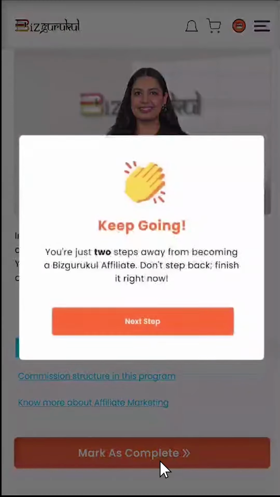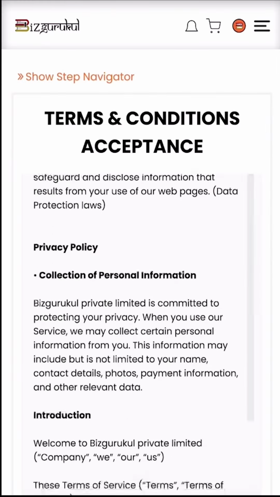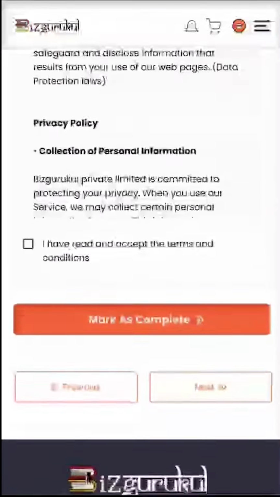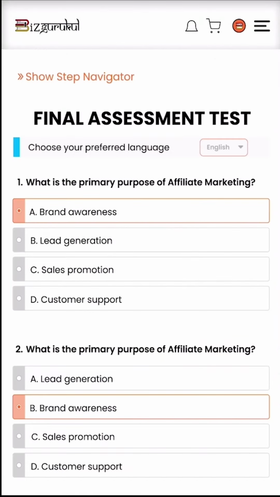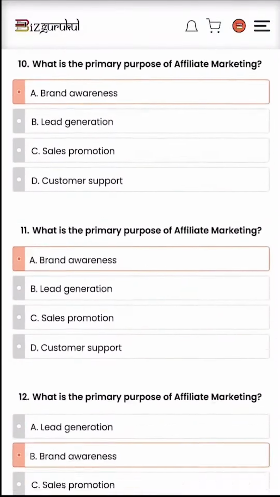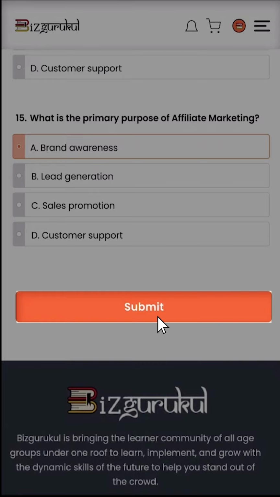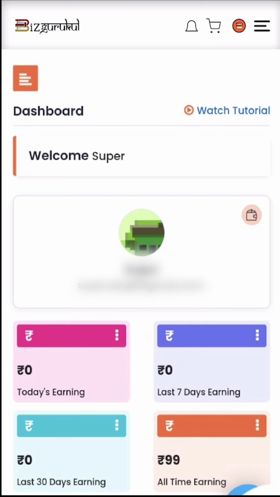After watching all the videos, now let's come to the fourth step, and that is terms and conditions acceptance, where you have to read all the terms and conditions thoroughly, and then we'll come to the last and final step, which is the final assessment test, where you have 15 questions and you have to score above 70% to pass this assessment. And after completing the assessment, congratulations, now you're a Biz Gurukul affiliate and can see your